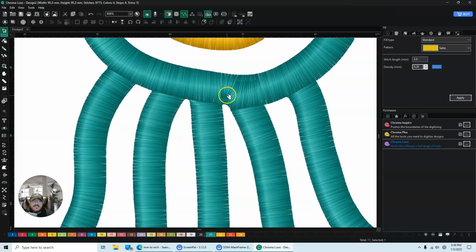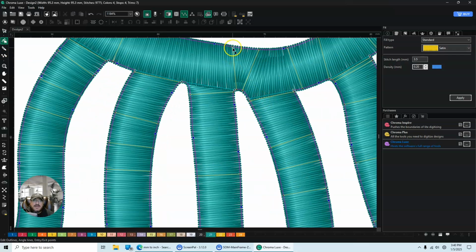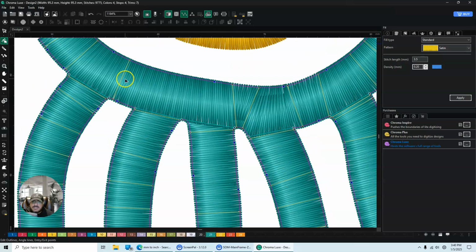If you look at this angle right here, you've got this V shape right here. Now you can tell that it's going to keep stitching, and then it's automatically going to change right here,